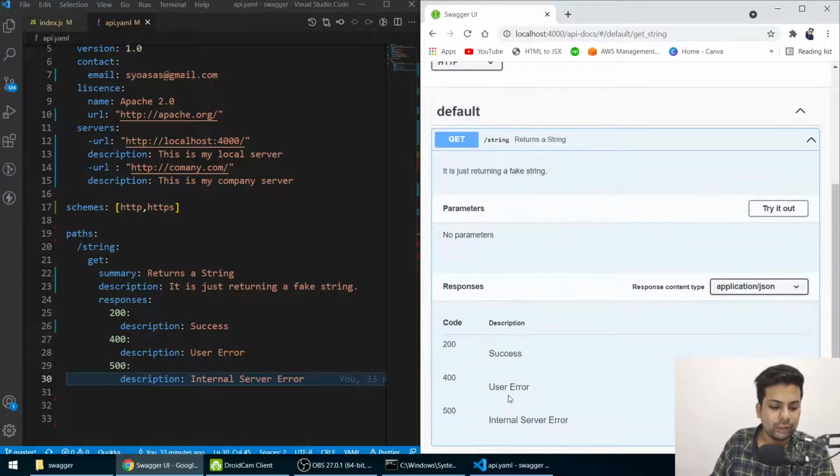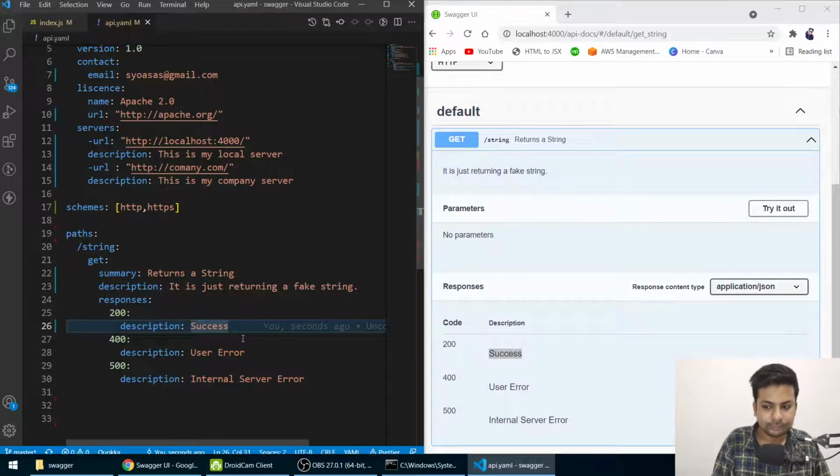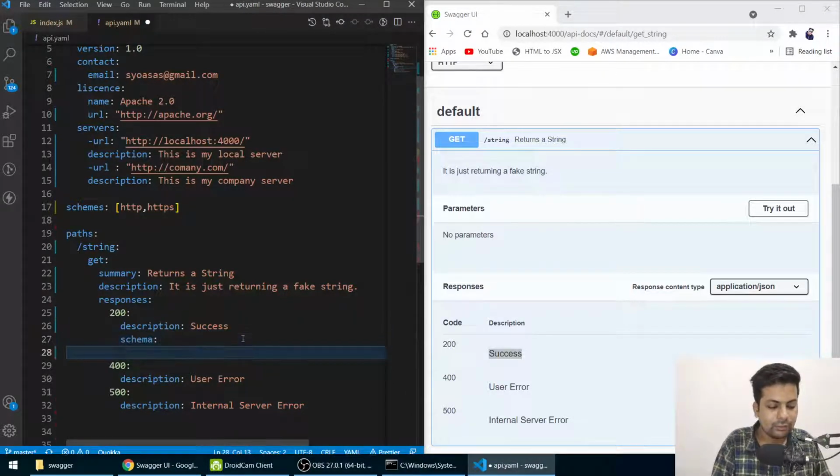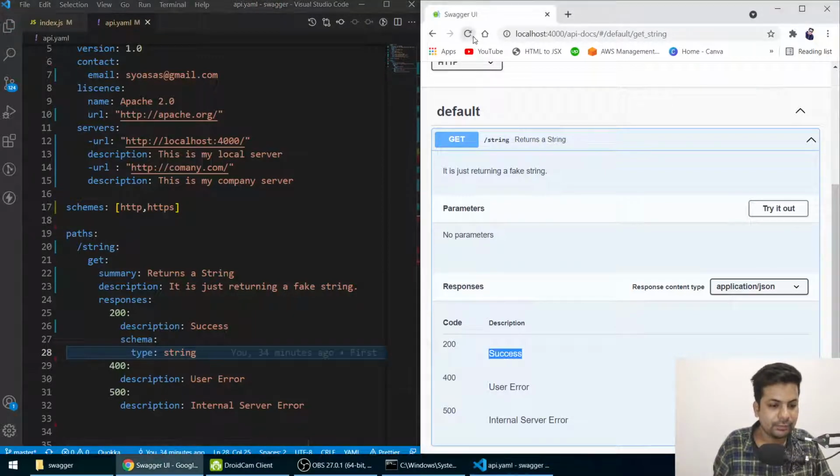So now internal server error, but now you want to tell us also what type of response will come, like what type of response will come. So on 200 the response will come, so we'll say schema, and what type of response will come, it will send you a string. Okay, string, and let me just save it.